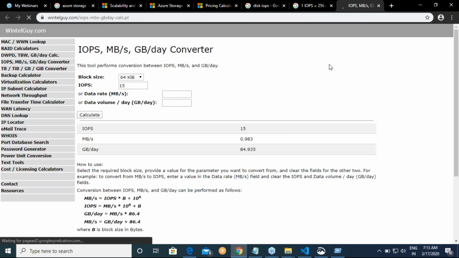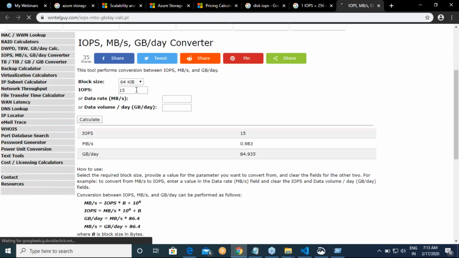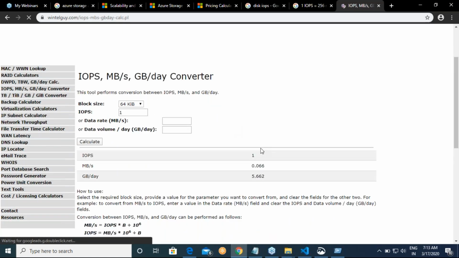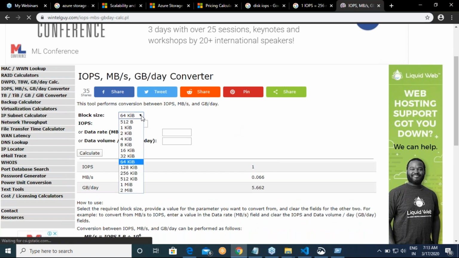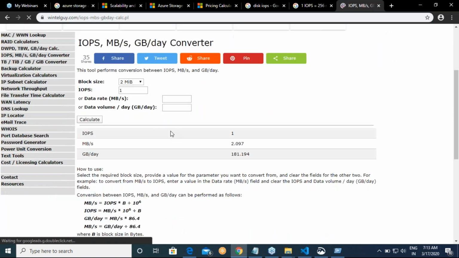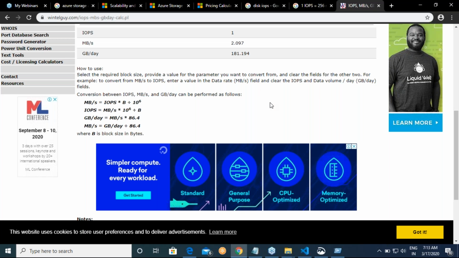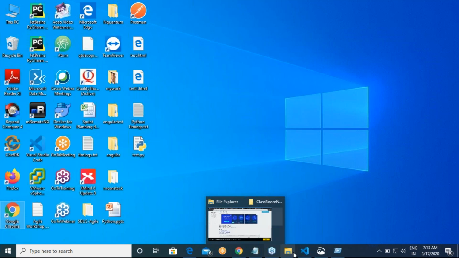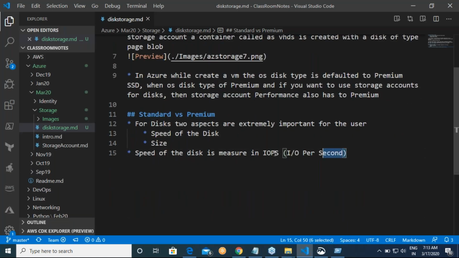Okay, so if you go over here, now if I say I have one IOPS, here the block size is 64 and our block size can be anything. Your IOPS is basically calculated on the basis of your block size. Now it tries to tell you what is an IOPS. IOPS is a metric where you are trying to tell the speed of your disk. More number of IOPS means more speed. Okay, your hard disks are basically measured in terms of IOPS.